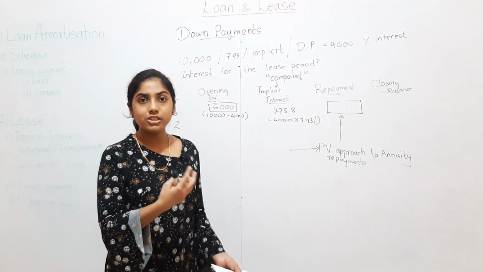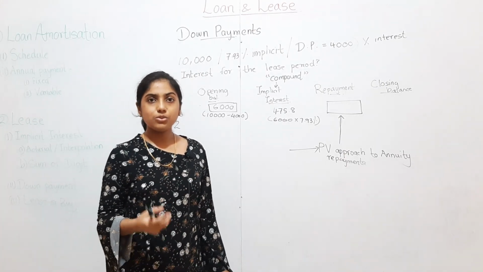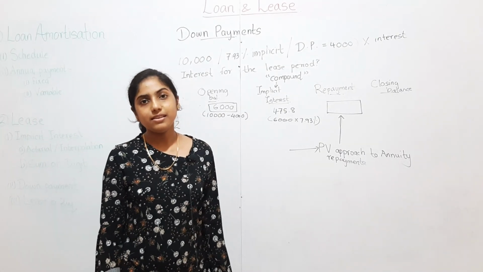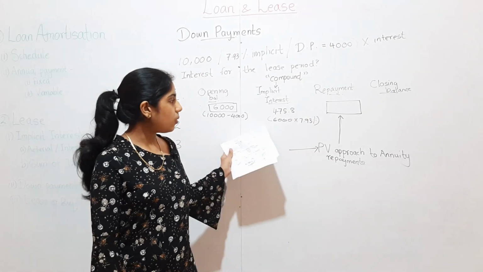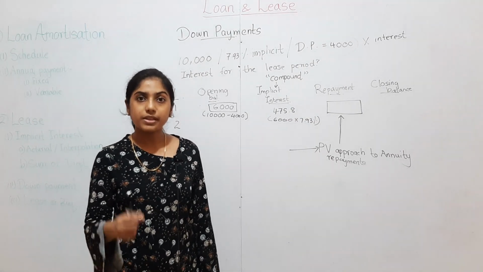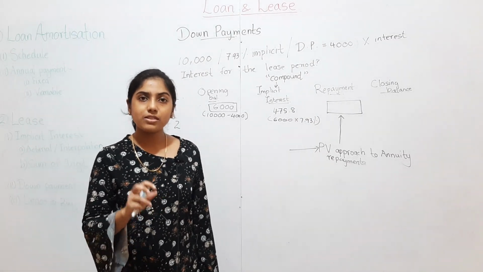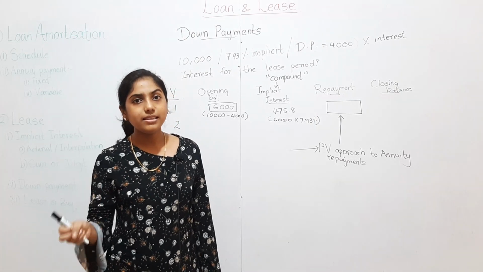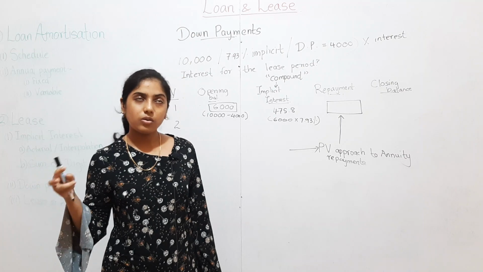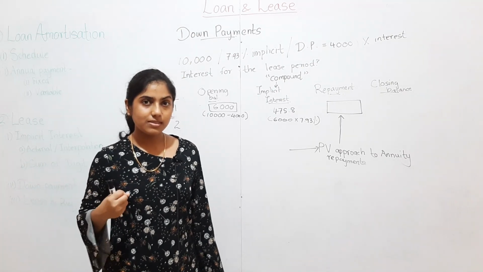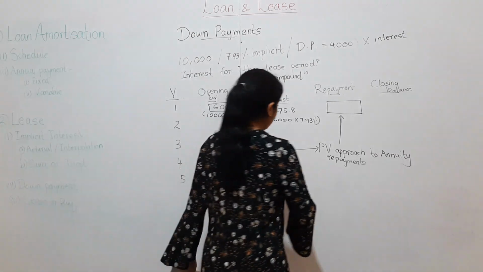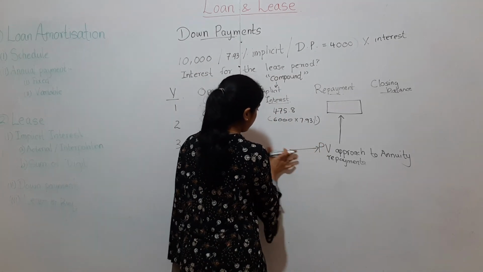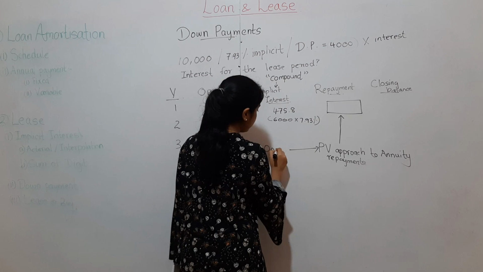Like the initial loan amount we used to consider as the present value, same way, leases also, the opening balance of the lease is the present value of the lease monthly or annual repayments. So since it will be the opening, I would say opening lease balance,